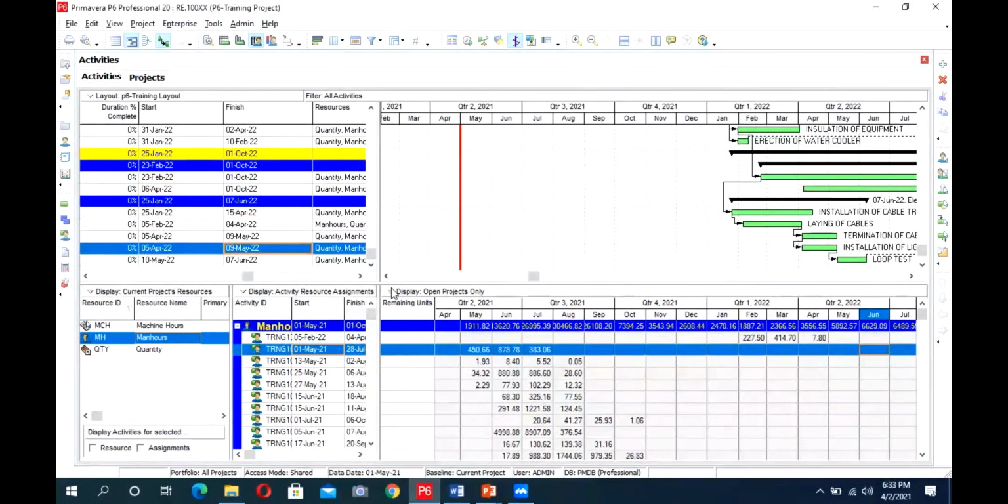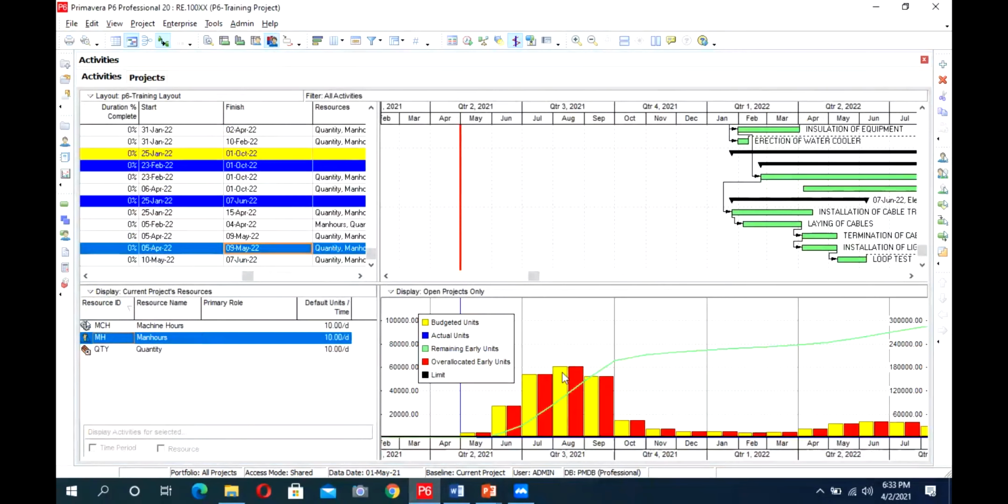And if I want to see it in the form of some chart or curves, this is the option to see it in the form of histogram, the resource usage profile. I will click it here and it will show it like this.